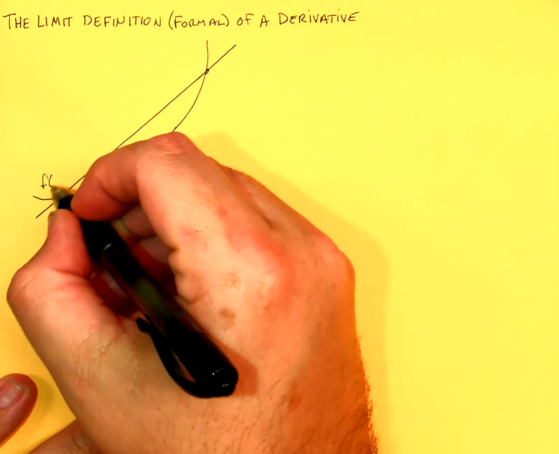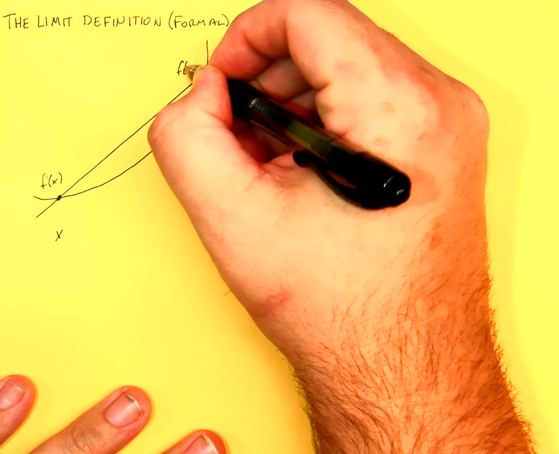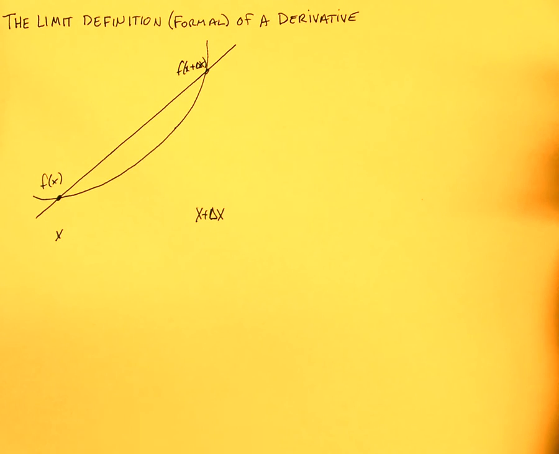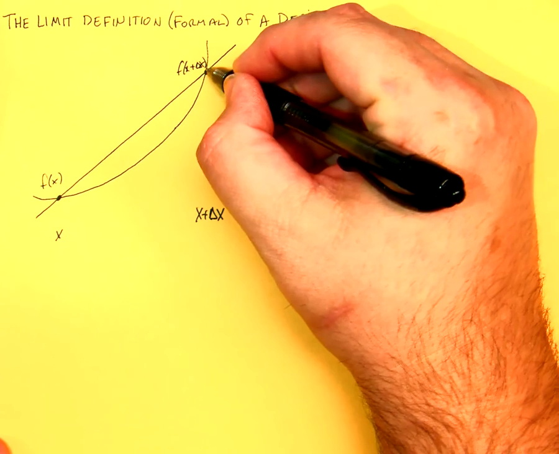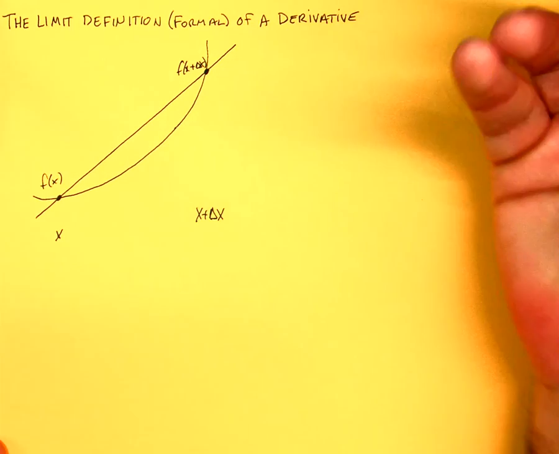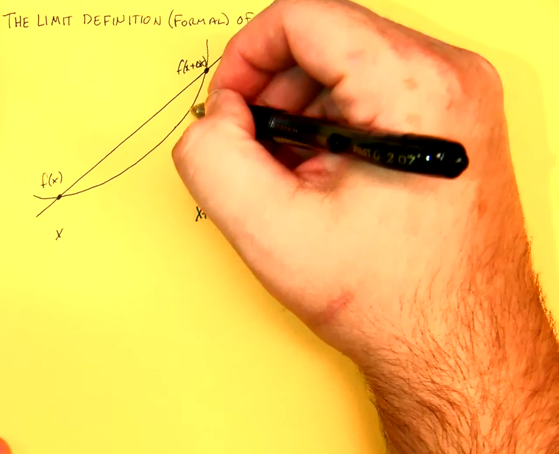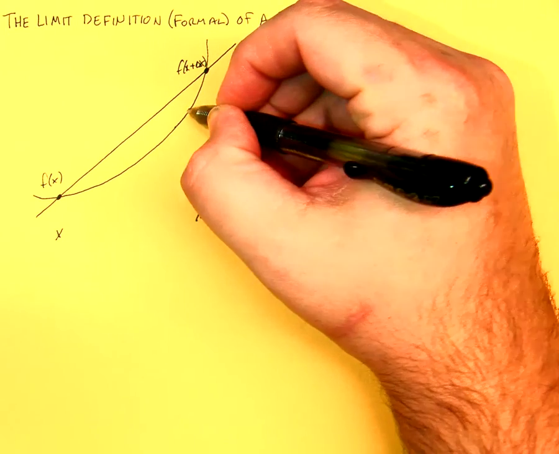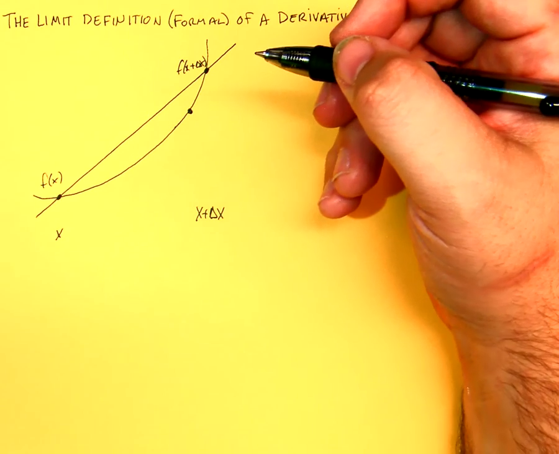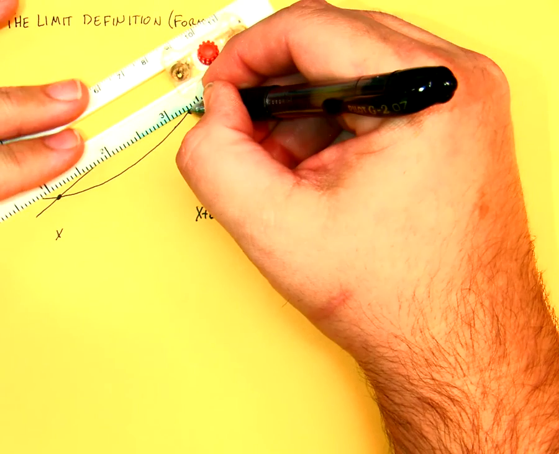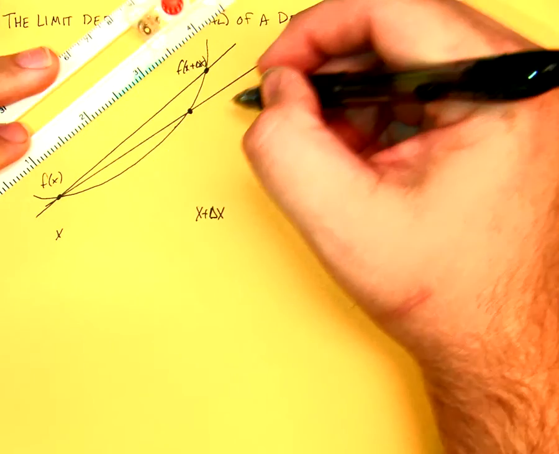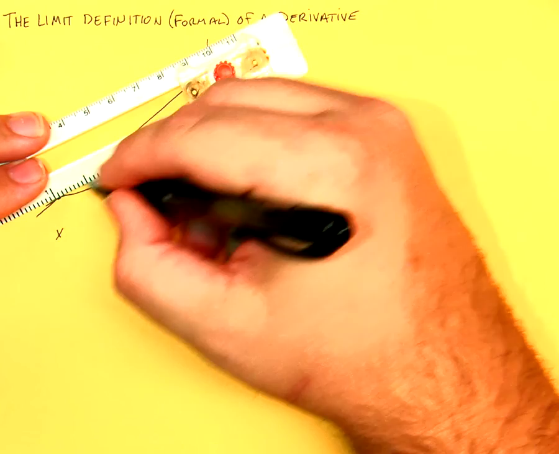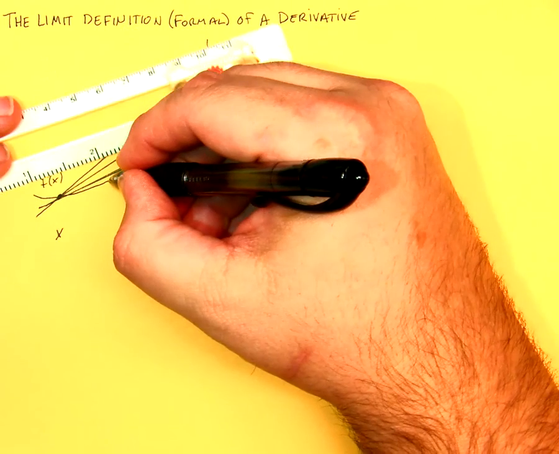So this is going to be f of x. This is going to be f of x plus delta x. The idea is that for the derivative, it comes from what we call the tangent problem. And what we do is we take that delta x and we make it smaller and smaller and smaller. We're still going through f of x, but now the distance between our x and delta x is going to be a whole lot smaller until eventually